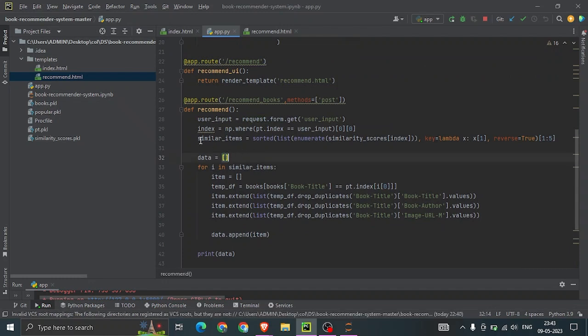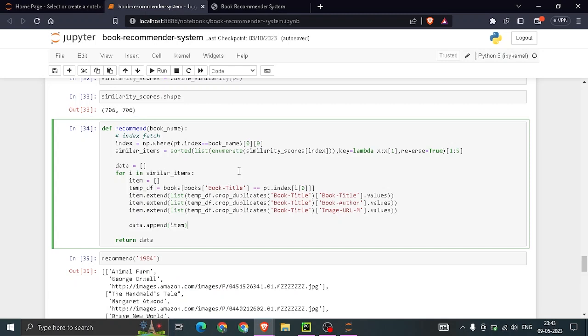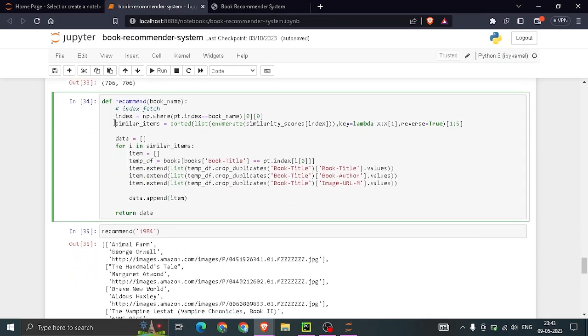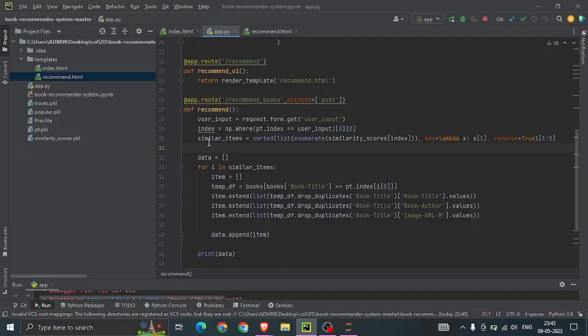Again, this is the same code with similar items which we used here also. Basically that line of code means that all the similar items, that is the books which are similar to the user input book, will be shown.